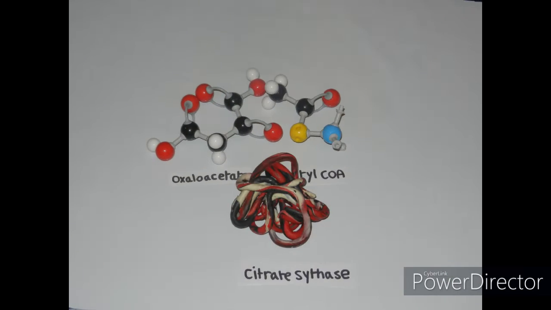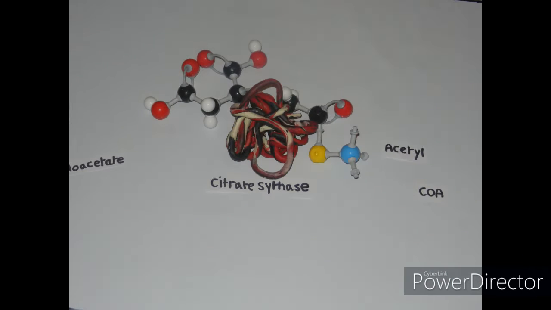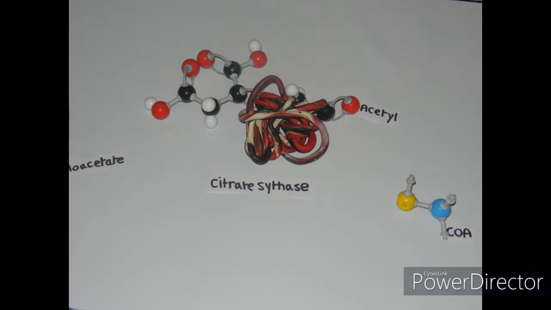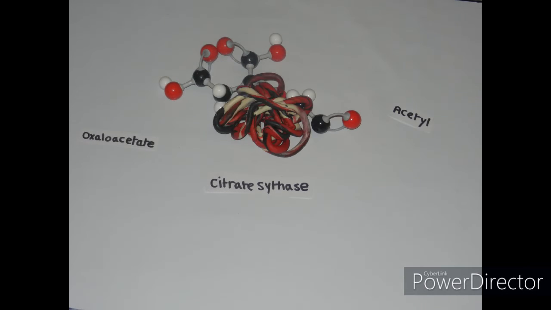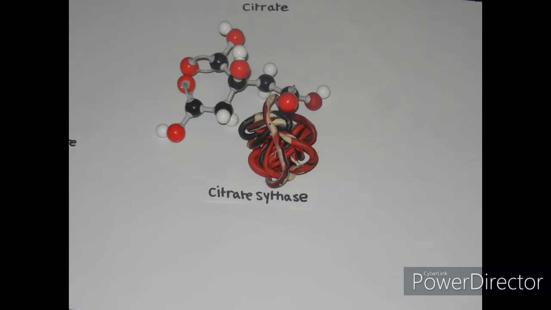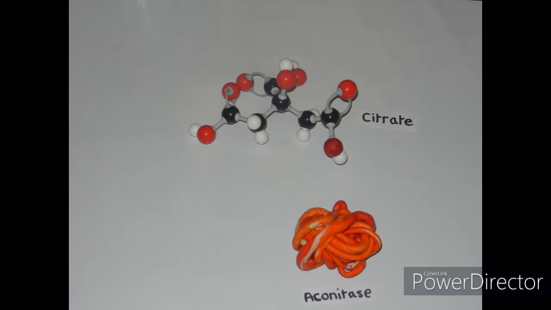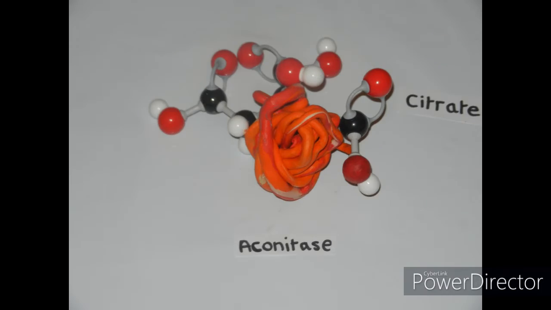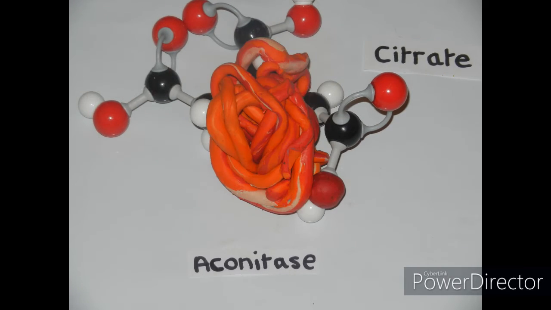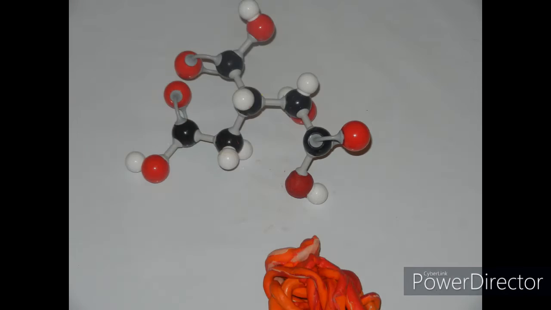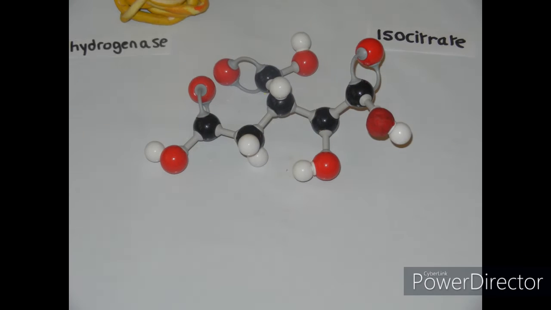Citrate synthase catalyzes the condensation reaction of acetyl-CoA and oxaloacetate, and a 2-carbon acetyl group is transferred to the 4-carbon acceptor compound, forming citrate. Next, citrate is isomerized by the enzyme aconitase, which facilitates the hydroxyl group migration to form